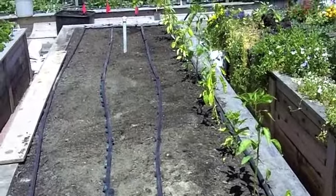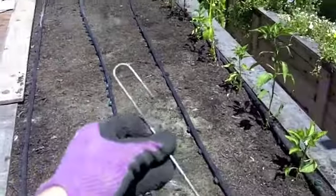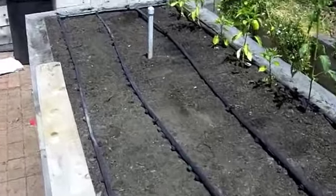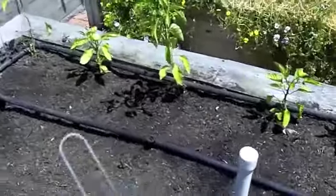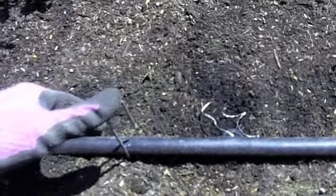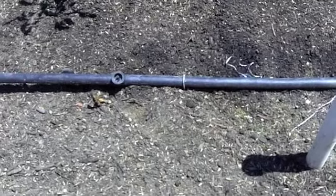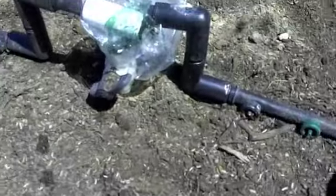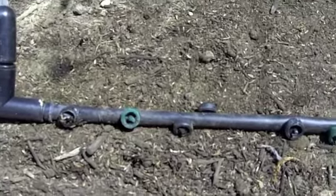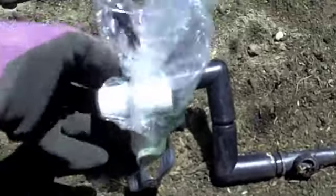So if you've got your drip system in nice straight rows, which I don't quite, then you can take these little post peg things and secure it into place. Like up here where it's bowing out a little bit, I would take one of these guys and put it in the soil where I want the hose, and then pull it into place, and now you've got a nice secure flat-lying irrigation system. Right here where it hooks up to the water, got these kind of Z's, and you can pull them appropriately. For this bed it needs to go this way, and then this plastic bag has to come off, and we'll be ready to hook back up,